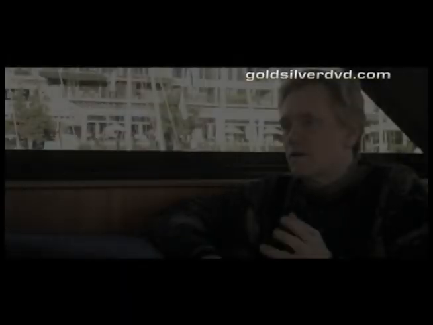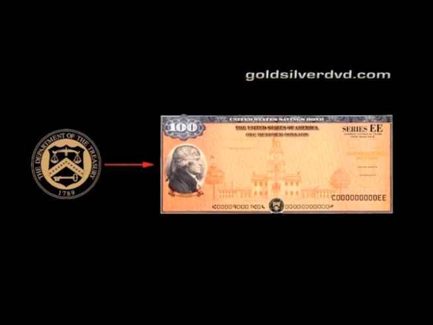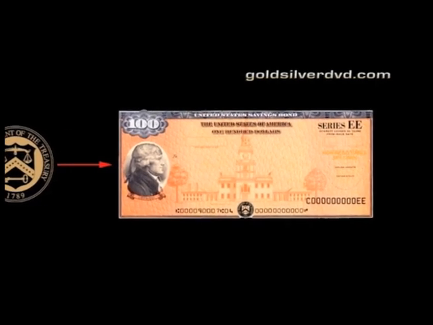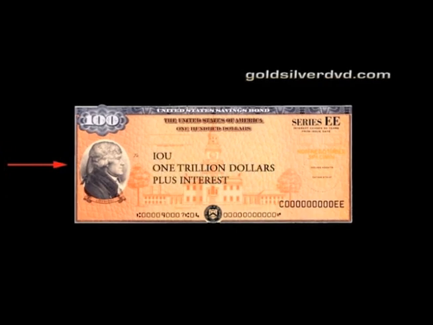The Federal Reserve, which is neither federal nor has reserves, is a private corporation. The Treasury creates a pretty piece of paper with some ink on it called a bond, and that's basically an IOU. They're going to borrow something from somebody, and it says IOU whatever I'm borrowing plus interest over 30 years at such and such percentage. The Federal Reserve then opens up their big old checkbook that has a zero balance in it.